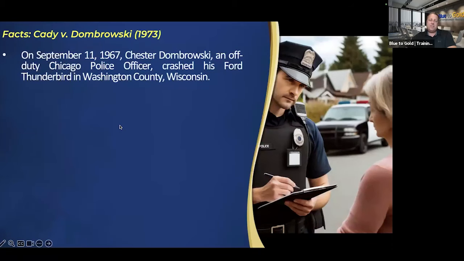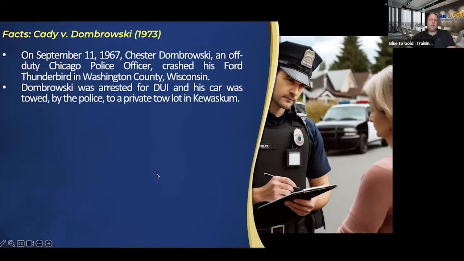Late 1960s, we've got Chester Dombrowski. He's an off-duty Chicago police officer. He's traveling in Wisconsin in his red Ford Thunderbird, and he runs off the road. He's intoxicated. His brother lives up in Wisconsin, so he's there visiting his brother. But he crashes his car. He is subsequently arrested for DUI, and the police tow his car to just a typical private tow lot